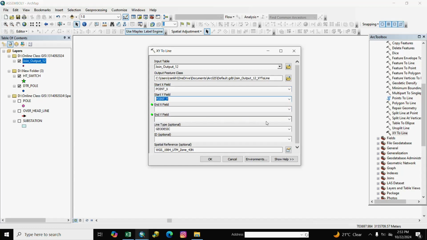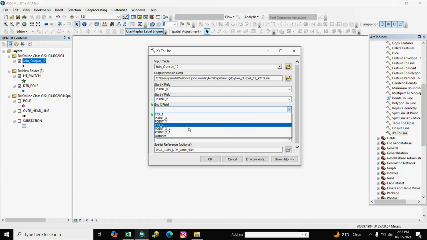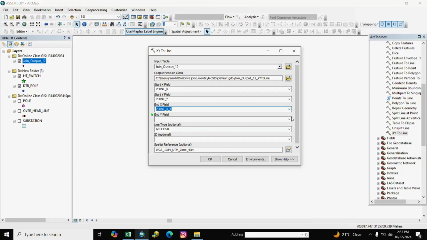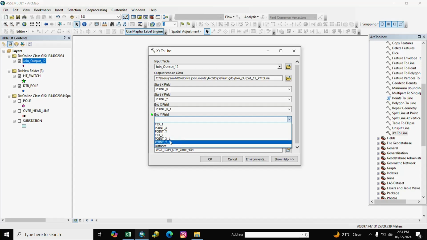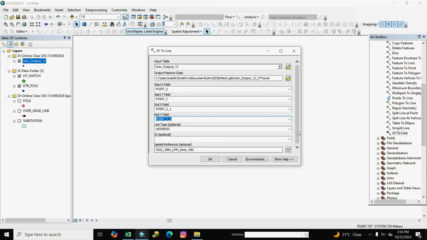and next end X field means HT switch, and point X underscore 1, and Y end field means HT switch, and point Y underscore 1, and OK.